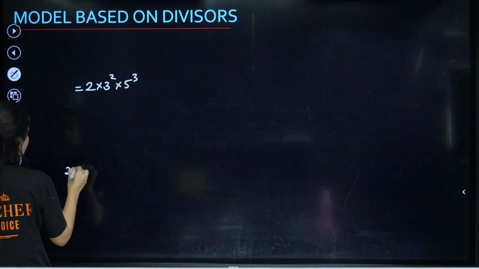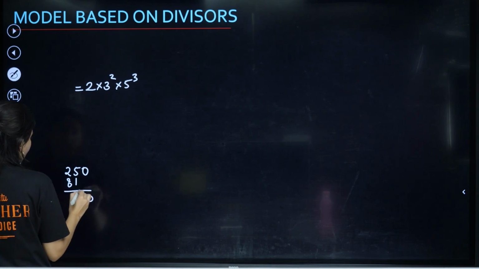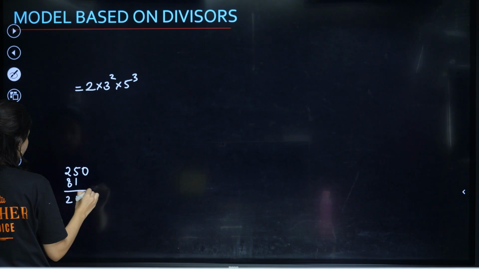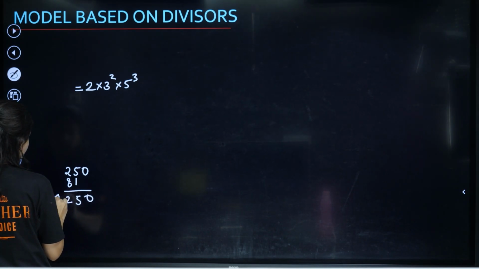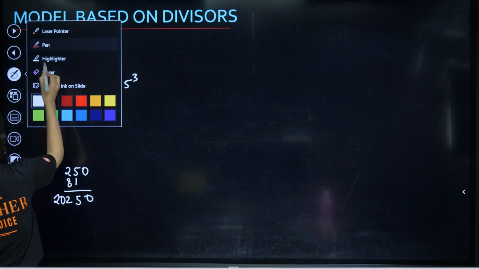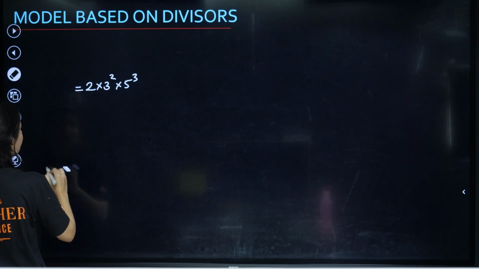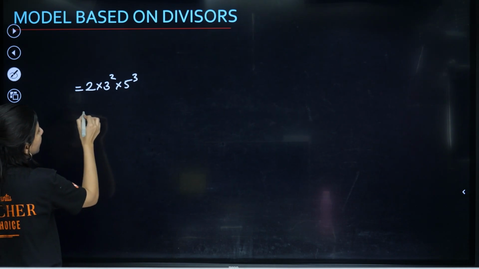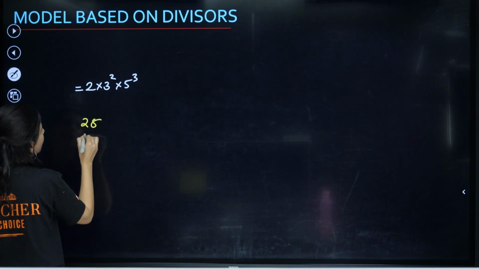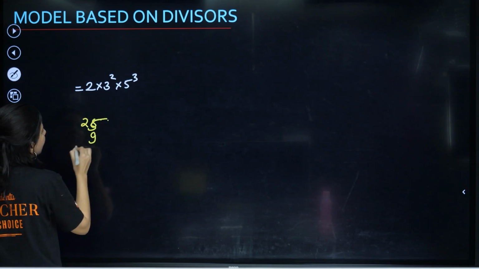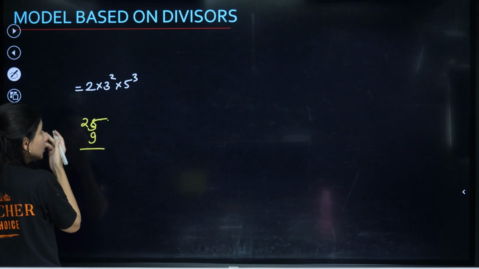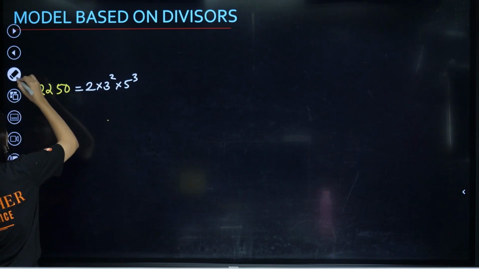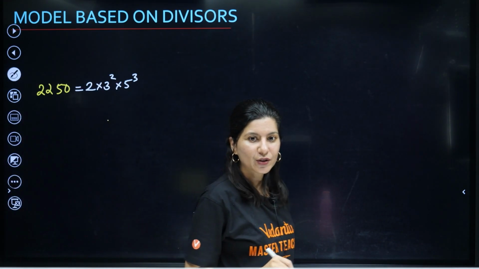So 125 into 2 is 250, and 250 into 9. I'm not doing the calculation right now, but this is your number. Let's calculate: 125 into 2 is 250, 25 into 9 is 225, so this is going to be 2250. Now it's correct. So if 2250 is given to you,